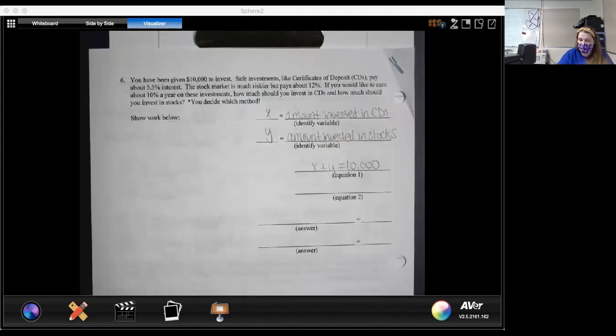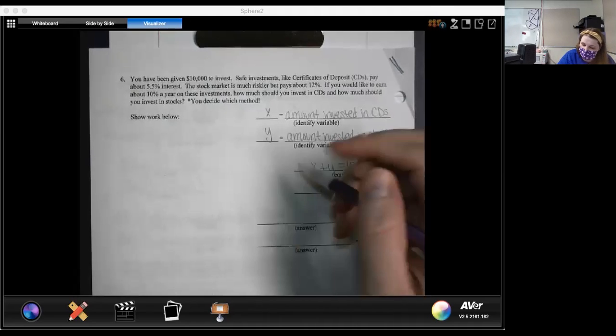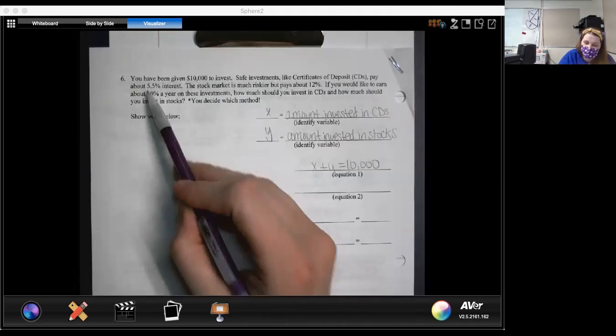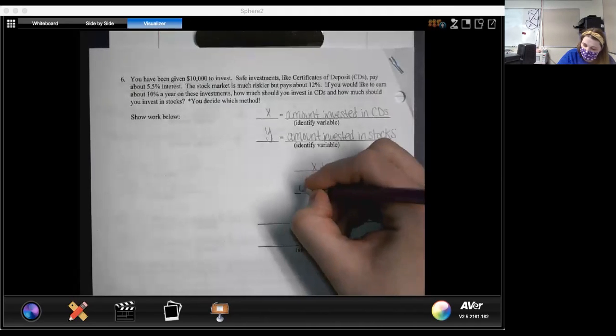Okay, and you don't have to put commas in your equations. You can just put 10000. Okay. What would the second one be then? If the second one's based on percentages of interest, would it be 0.55x? 0.055. Because it's less than 10, that means it would be 0.055x